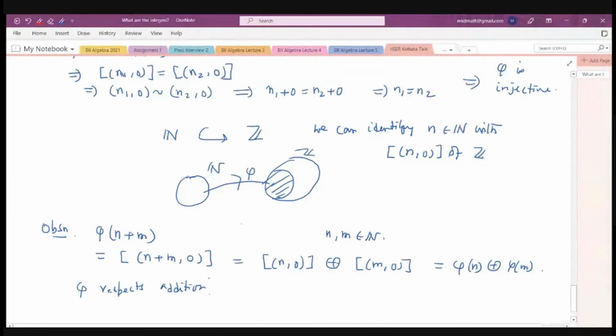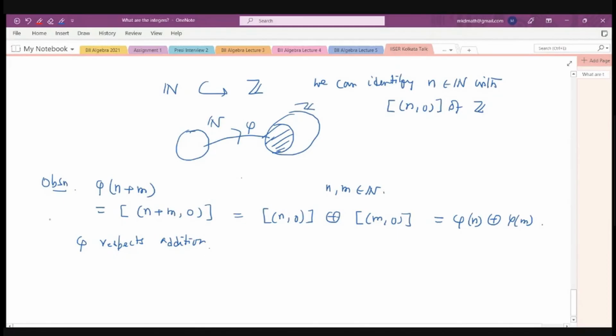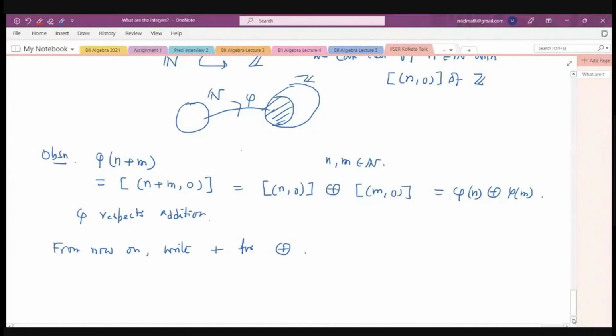And now what I'll do is I'll just drop the notation, this circled plus. Now I'll just write plus. So from now, write plus for this, because you see that the definition of addition of natural numbers has been extended to Z. So I can just freely write plus. Now 0 of Z